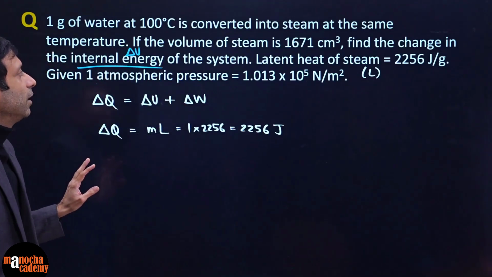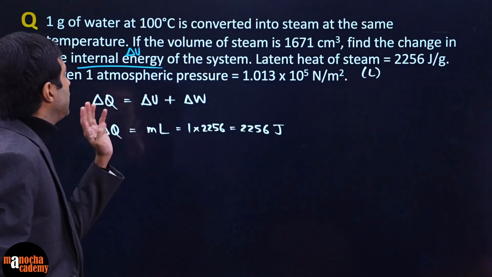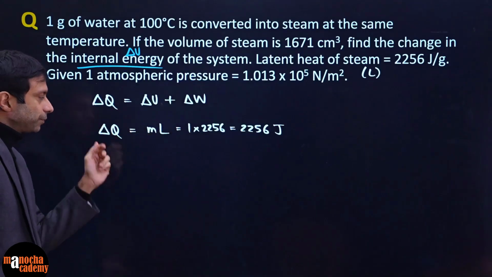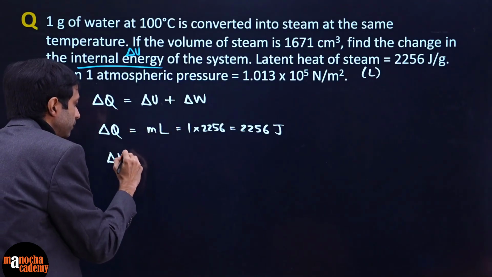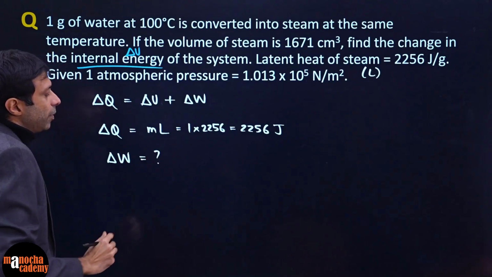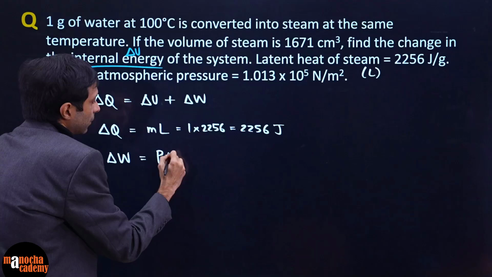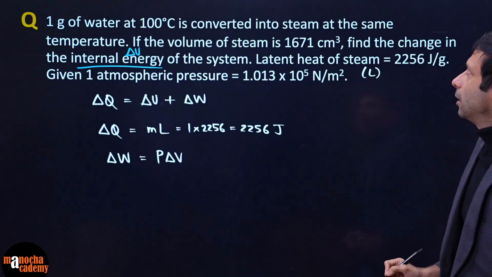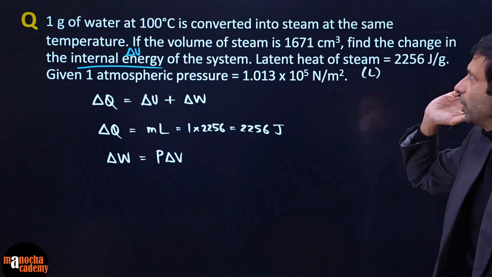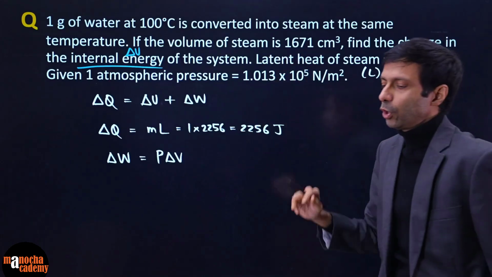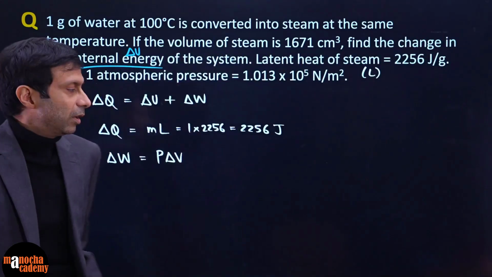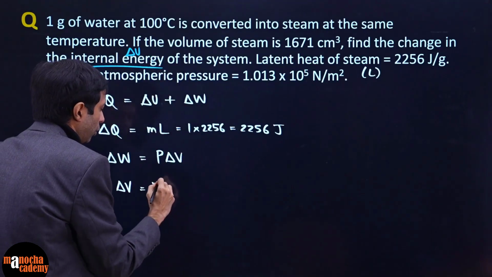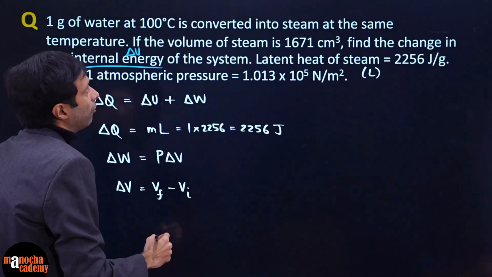That's clear. Okay. And now to find the change in internal energy, I also need to find the work done so that we can apply it into this equation. So what is the delta W? How will you find that? Remember we said we'll use the formula P delta V if the pressure is constant. Otherwise we have to integrate. But here I think they're saying it's at atmospheric pressure. So pressure is given constant. You have to find the change in volume. Do you guys agree? Okay. So what will be the delta V over here? Delta V is final volume minus initial volume. Final volume is given to us